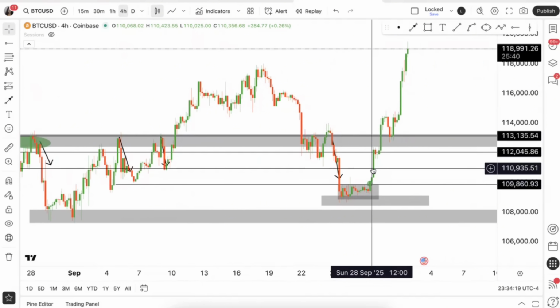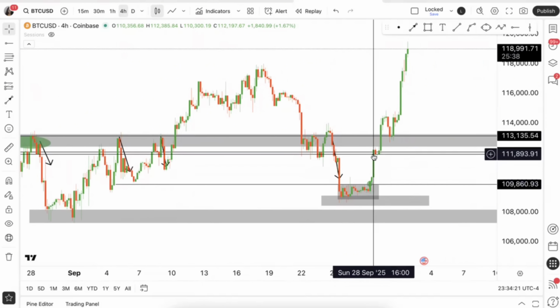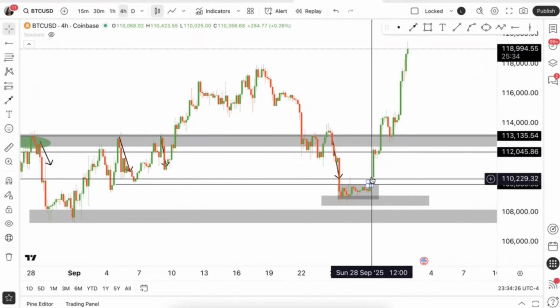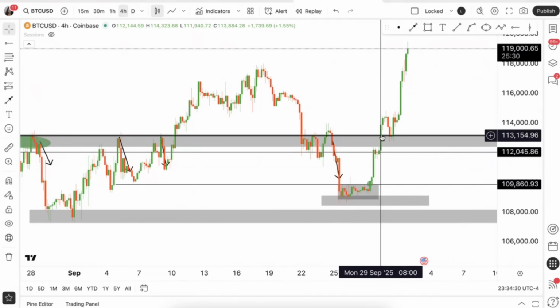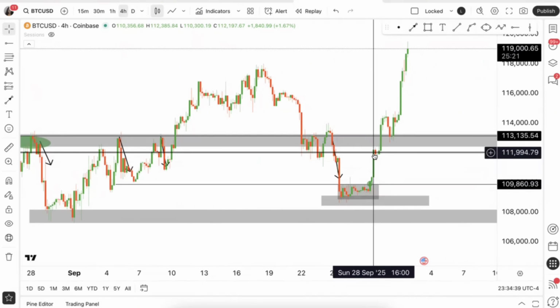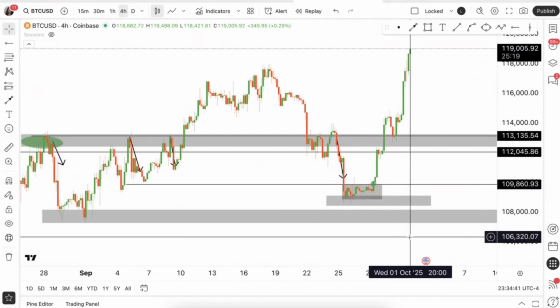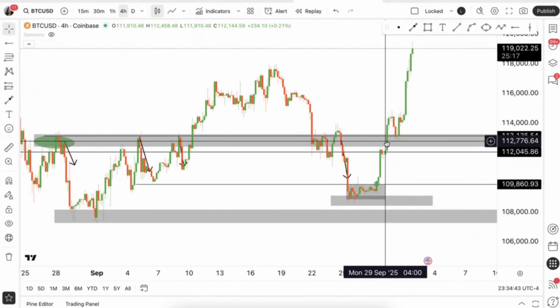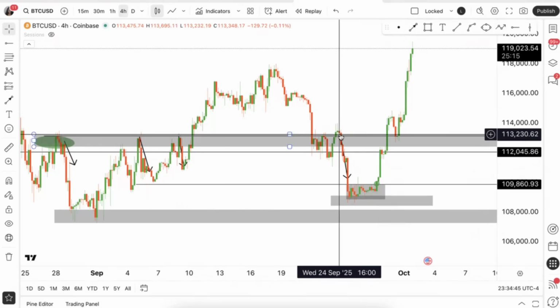So price ends up buying up, and with me, I never feel like I miss out on anything. A lot of people be like, oh, bro, you could have caught all this right here. Yeah, but I'd rather have something more secure, something of a higher probability. Because what happens if price would have bought up here, made a lower high, and just sold off? There's a higher probability if price breaks above a level where sellers were at.